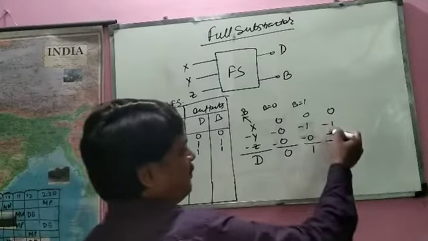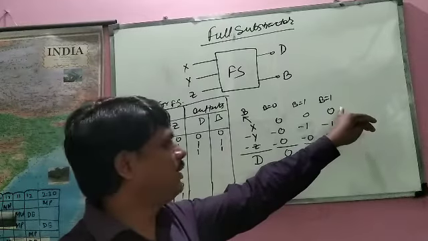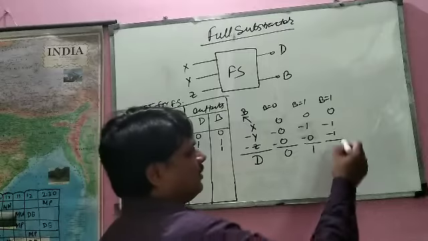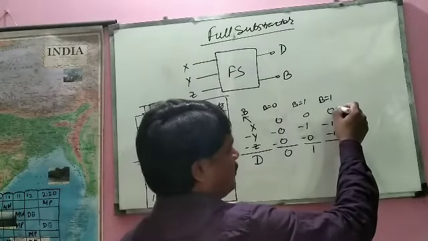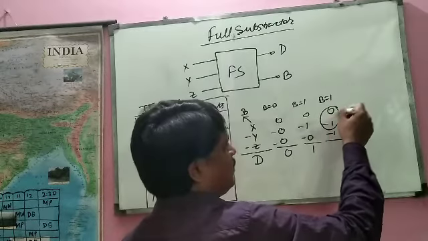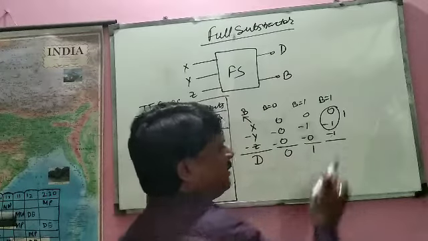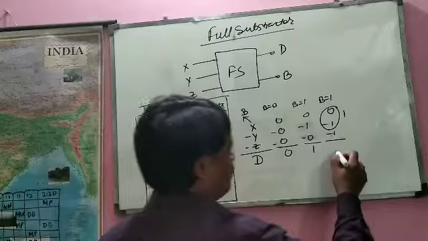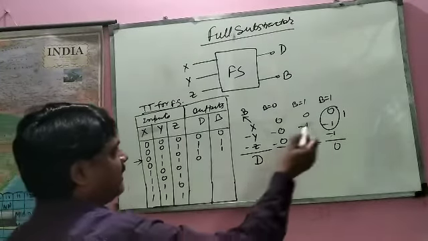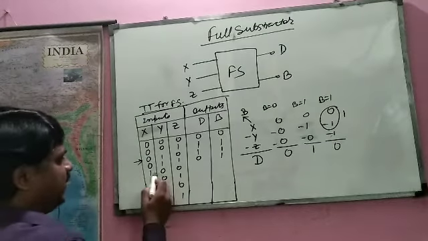So 0 minus 1 means you have to take the borrow. Here it is 2 and 2 minus 1 is 1. You have 1 left. Okay, my dear friend. So from this, if you take the borrow, it will be 2, and minus 1, it will be 1. And now you have to subtract 1 from the 1. So it is very simple. 1 minus 1 is 0. So here the difference is 0 and the borrow is 1.